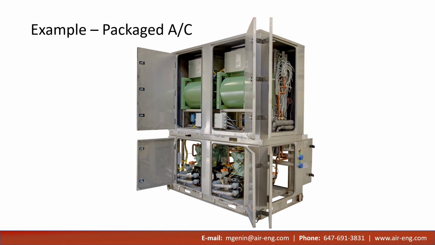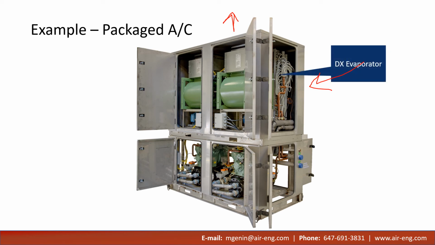This is an example of a water-cooled packaged air conditioner. It's designed to cool air while rejecting the heat to some water loop. Let's try to identify some of the components. Air is drawn in through the back of the unit, and the fans in this case blow the air upwards. This unit has a DX evaporator coil, which we can identify because of the unique capillary tubes which are connected